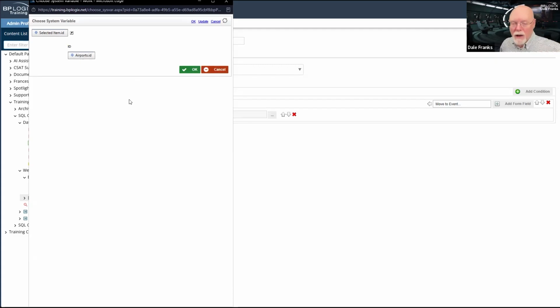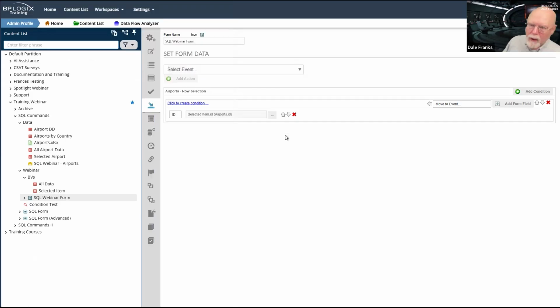Whenever we select the airport in the data list, we're going to want to send that ID parameter to the selected item business value so that it can return the data for only the record that we pass to it. And in this case, it's going to be the ID. We are passing the ID from the data list there, but we're also going to want to see that ID in a form field. So we are going to pull it back.